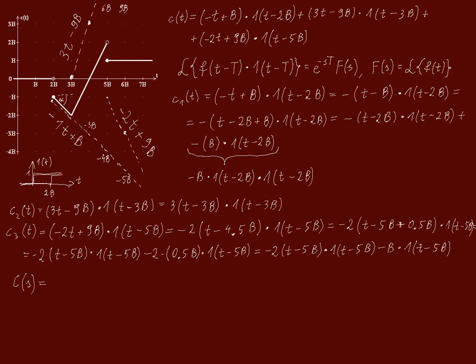The transform of a sum is equal to the sum of the transforms, so we can deal with each component separately. The first component is here. First, we write a constant, in this case -1. Next, we need to write the delay according to the formula, which is e to the power of minus s times delay. In our case, this delay is 2b, so